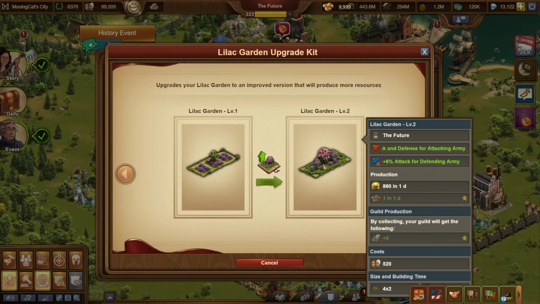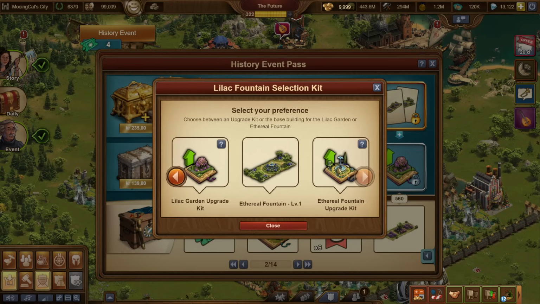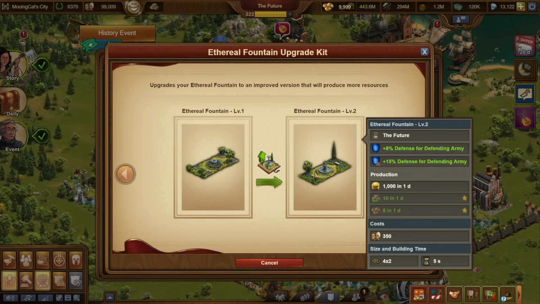It gives some forge points, some goods for your guild, and it costs population, so yeah, interesting. Also gives some attack for defending army for guild expedition. Overall, I don't think it's the most amazing building, but definitely fine. Then we have the